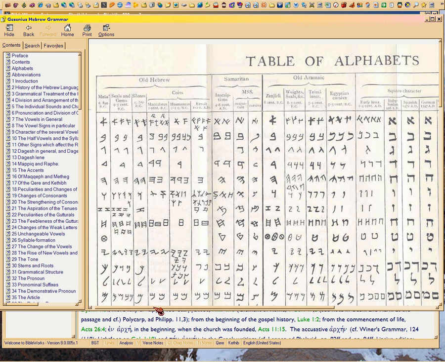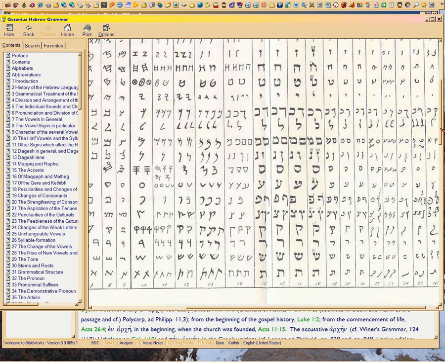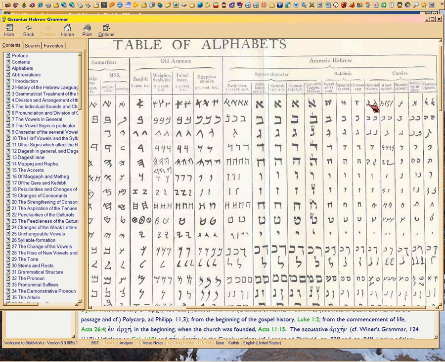The characters that are used in our Hebrew Bibles started to be used here, 916 AD, 1470 AD, 1347 AD. And that's German Jews with these little extra marks to make it look decorative, that they put on it. But you see, these are the square characters that are in our Bibles, principally most like these two. And then you can use your scroll bar down here to see the rest of them. These are the most familiar to us, but they're developments of the Middle Ages.